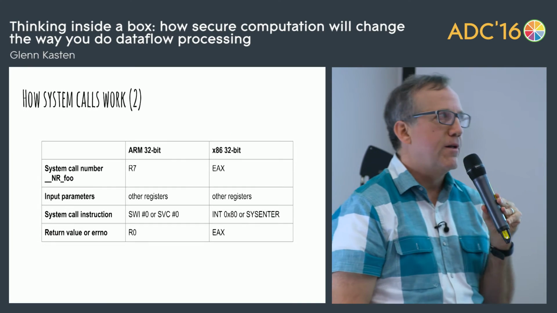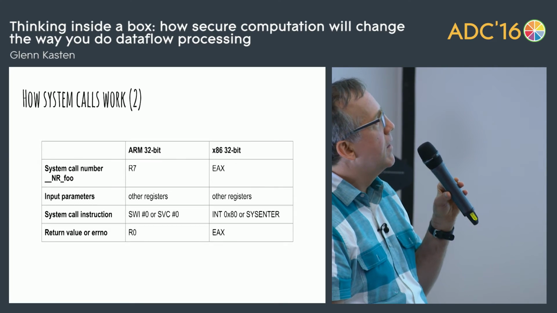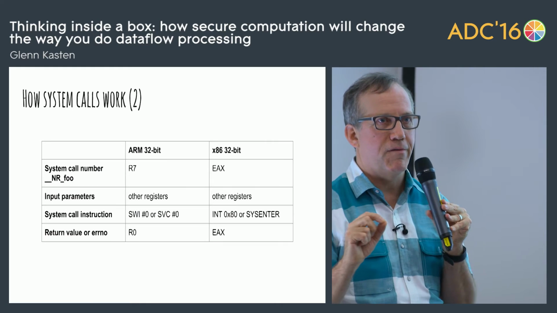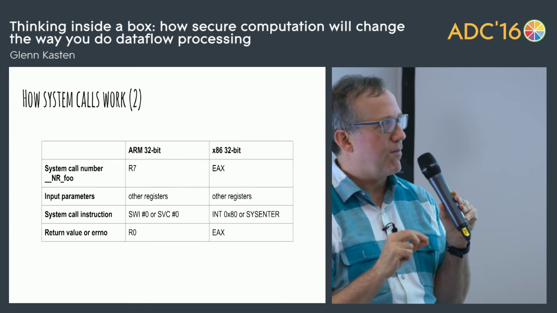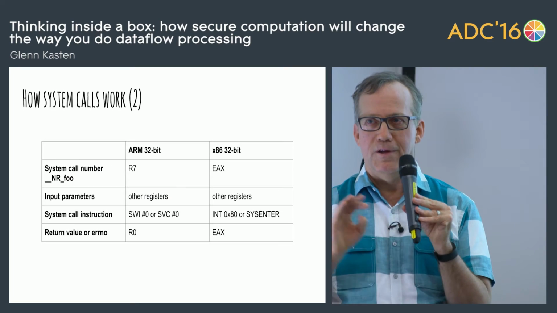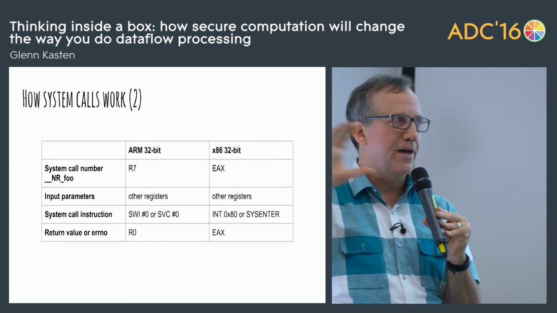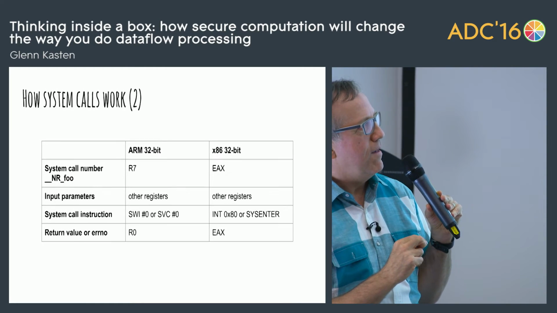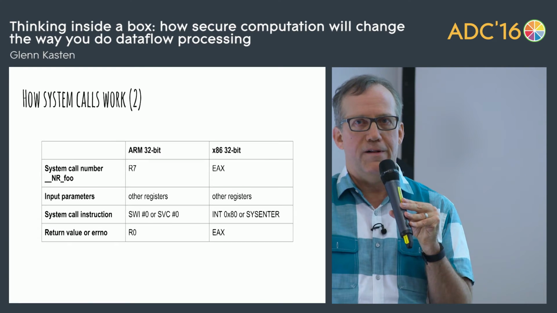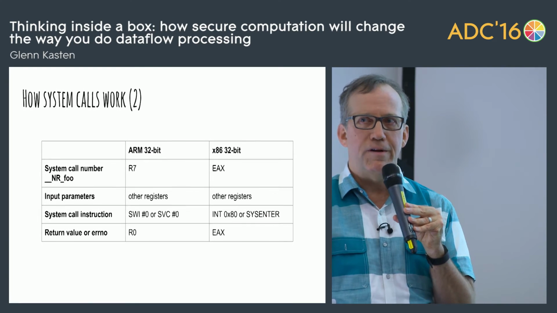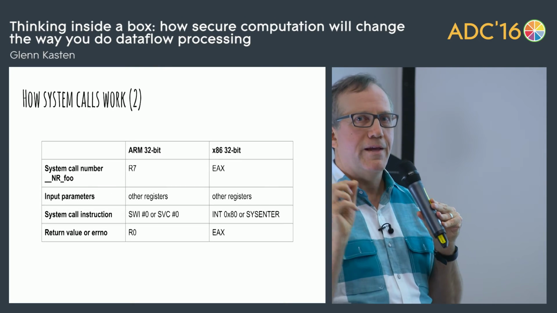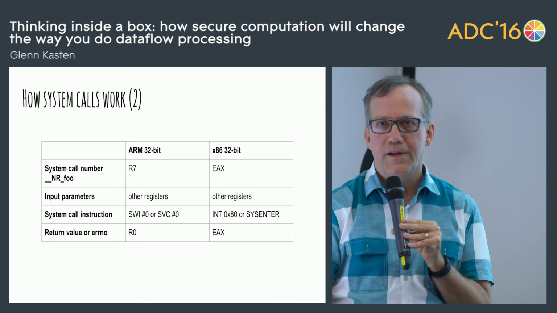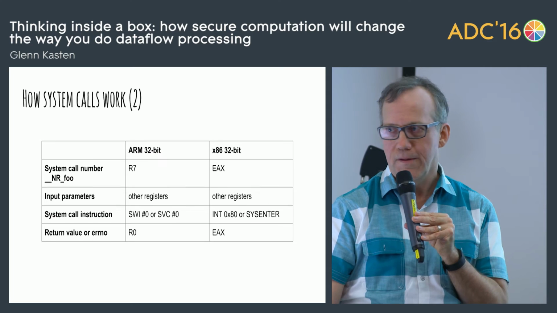Now, if you look at that system call in more detail, it turns out it's a really thin layer. You simply load up the registers with certain magic numbers, and then you execute a special instruction. You go off to the kernel, it does its work, and then you come back and you have a result in one of the registers. The interesting thing to me about this is that it's such a thin layer. It's not a very complex interface. You have registers coming in, a special instruction, and then registers coming out. It's a very clear boundary, and it's a very convenient place to interpose something.